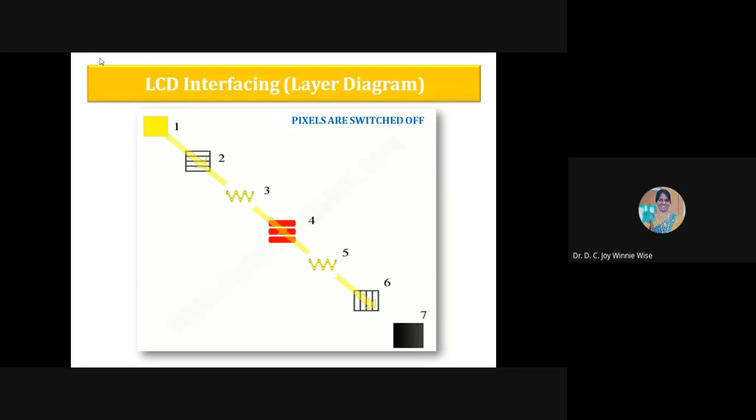This is the third one. The fourth one is where the transistor switches off the pixels, that is, the pixel goes to the on stage. That makes the crystal straighten out, and the light travels straight through them unchanged. So that we get the W shape. That is the fifth one.